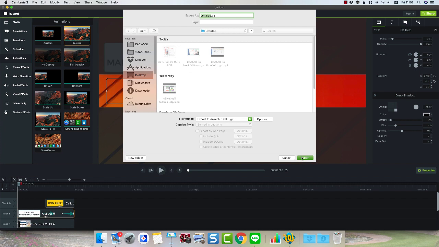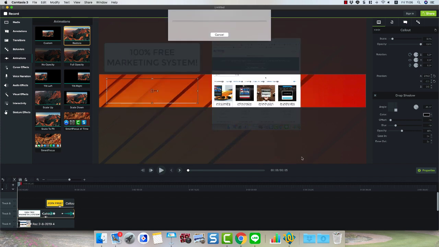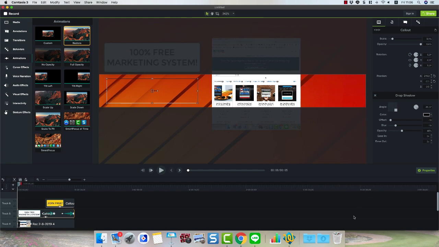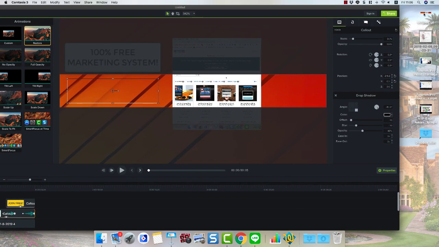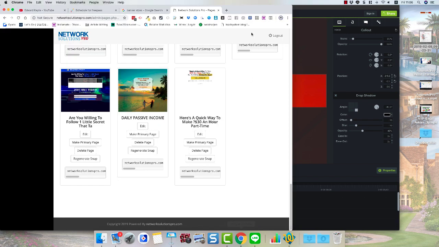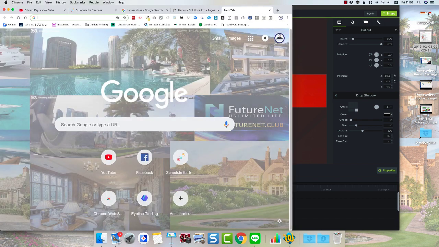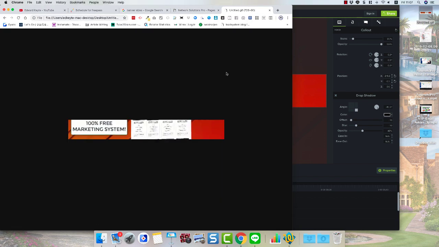So let's export that, and as you can see, it exports really fast because it's only 5 seconds long, and that's about the length it should be. I wouldn't go beyond 10 seconds for an animated GIF because it'll take too long to load, and it'll be too heavy. So now I'm going to my desktop to show you what this looks like. I'm going to drag and drop it into a browser window,